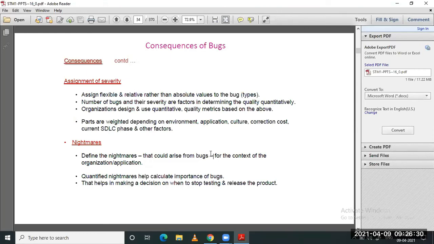So actually this is the theory part. Wait 3 or 4 days, and then you will get some idea of software testing methodologies. Here we are going to cover different testing methodologies for software. These are the introduction to this subject: what is the purpose of testing, what is the model we follow to test, what are the dichotomies, and what are the consequences of bugs. All these are introductory to your STM.